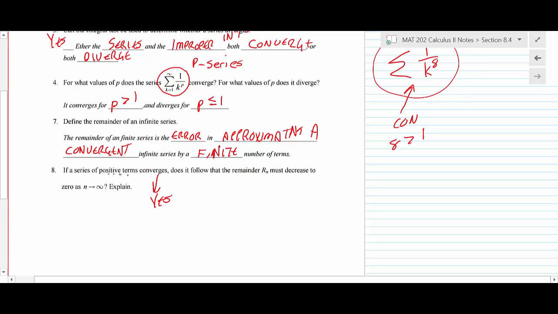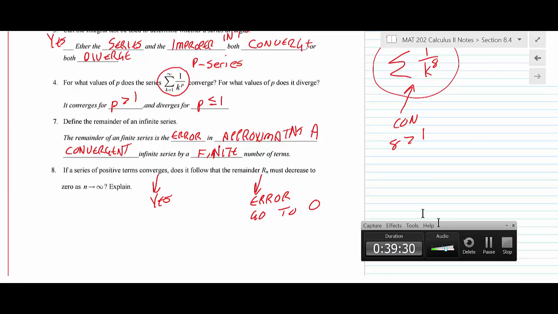If a series of positive terms converges, then the remainder must decrease to 0. The reason is that you would think the error would go to 0. Basically, if you do more and more terms, that remainder should go to 0 as well. Okay, all right, so that'll wrap up what we do in this